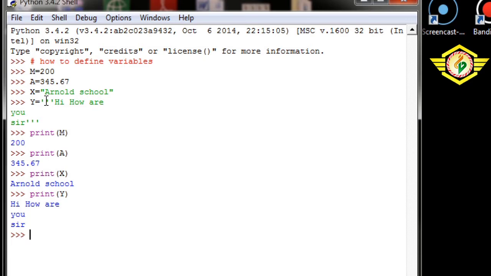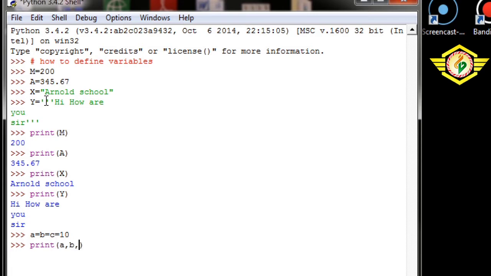Okay, so this is the interactive mode. One by one command can be executed. Now we'll go to the script mode. I'll show you a program. The program is just to input the length and breadth of a rectangle and find its area and perimeter. Before that, a few more things I am just showing you.